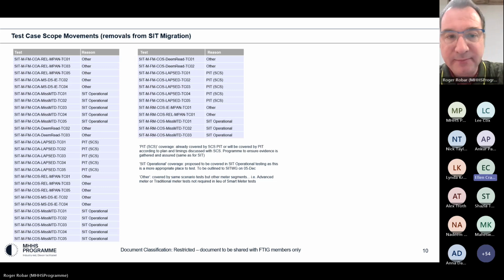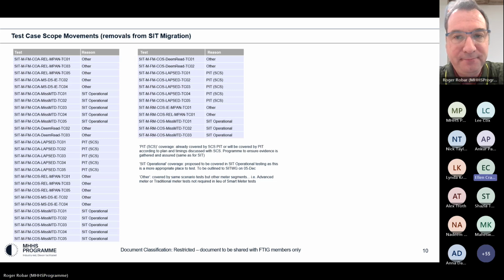Yes, hello. So those 13 migration scripts, will they be added to the operational test cases in collaboration base with notification that those have been removed from migration and added to operational, and therefore will be the approved and baselined set of tests? That is correct.